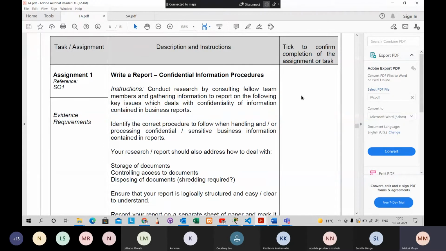that we've been given or that has been labeled by any user, right? So now it says identify the correct procedure to follow when handling and/or processing confidential sensitive business information content in reports. For example, right now, I just gave you an example of that hacking report, or pen testing